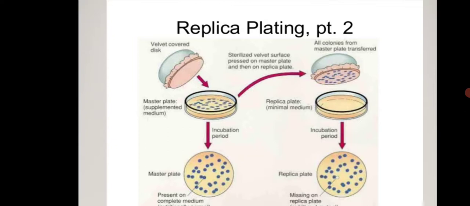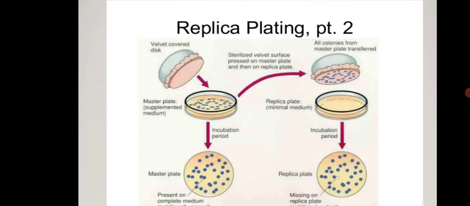Okay, after preparation of a suspension, you have to spread that suspension onto the sterile nutrient agar plate. Okay, prepare the serial dilutions. Yes, you can prepare the serial dilution and spread that serial dilution onto the nutrient agar plate aseptically. After spreading, allow the plates for incubation. After incubation, that will be the plate which you have spread.